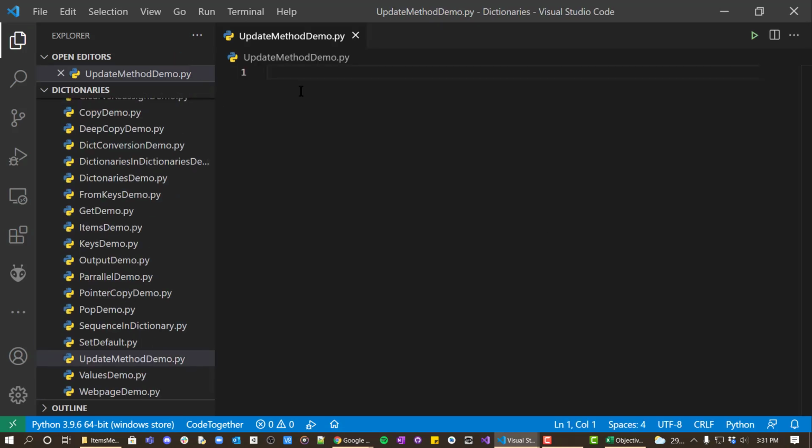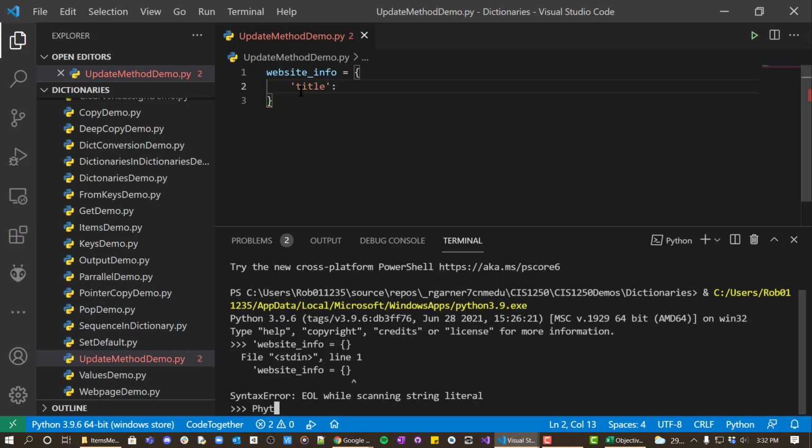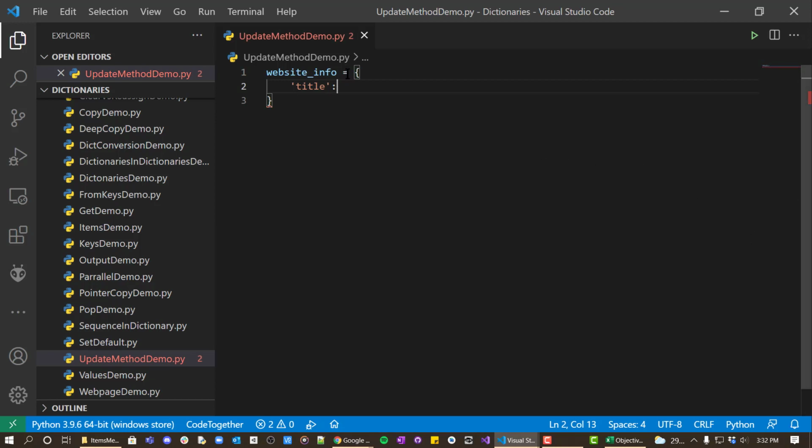And let's say that we have a dictionary called website info, and we're going to have a title, and this will be Python website, and then we have URL, and this one is http://www.python.org, and then we have changed, and that one is a date, March 14 2209 15 MET 2016,